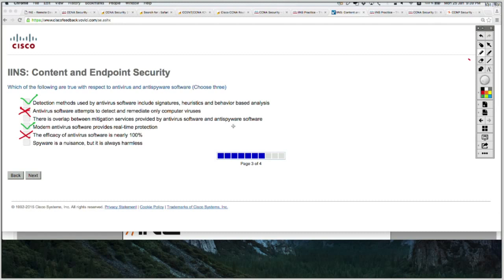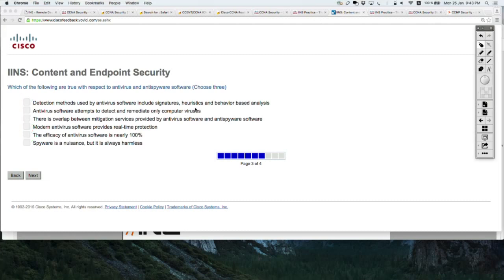Sometimes the anti-spyware is a built-in module of antivirus. The challenge here is that I don't know exactly what nuisance means. But I'm going to choose D, the last one, spyware, because technically speaking, antivirus and anti-spyware have different purposes. So I'm going to choose those, and let's see how it goes. I'm going to say A, this one, and see what happens.